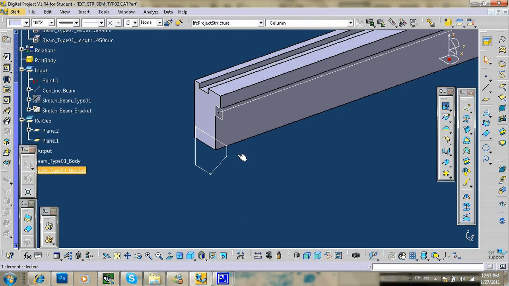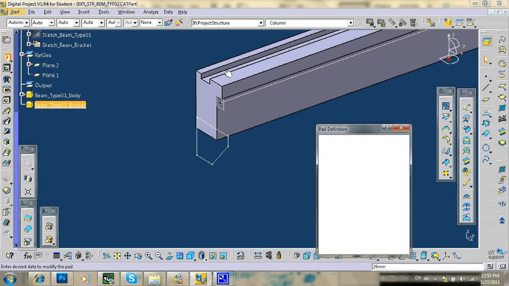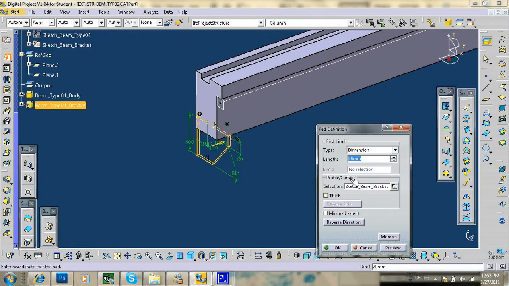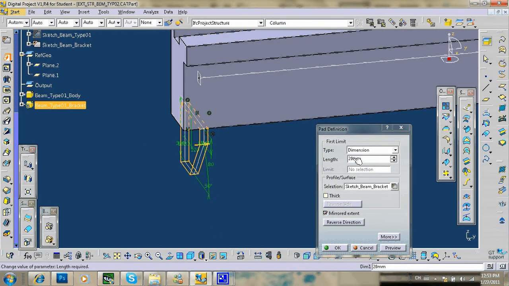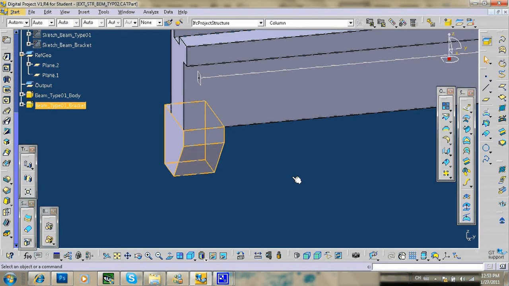Okay, so here we'll do this one. We'll mirror the extent, give a thickness of 100. Okay,